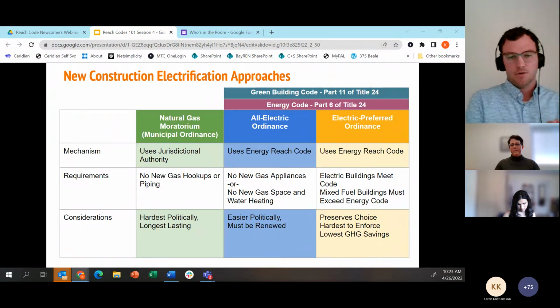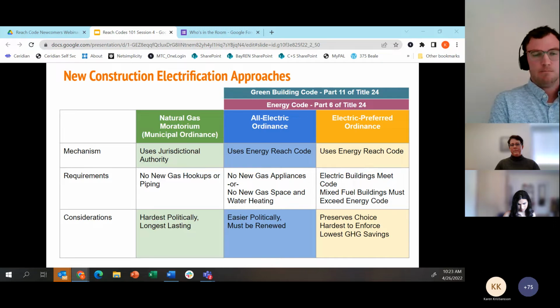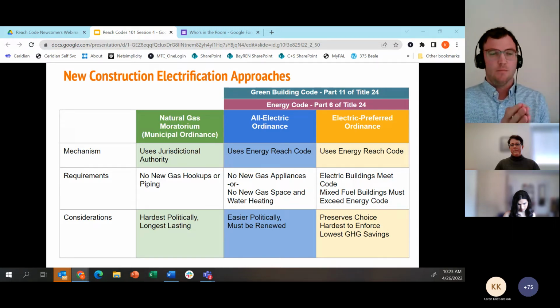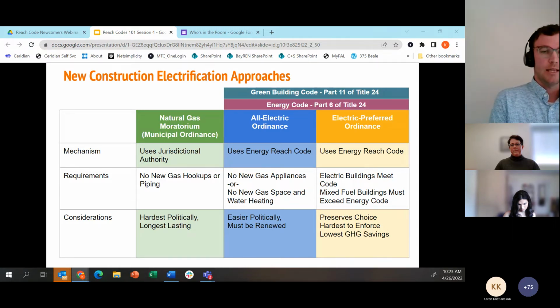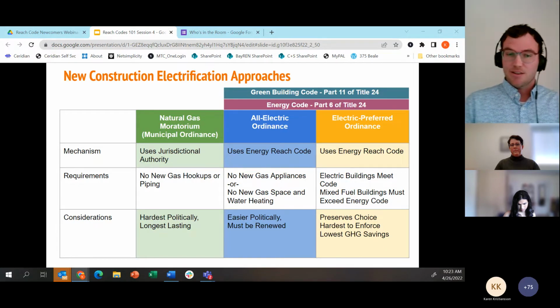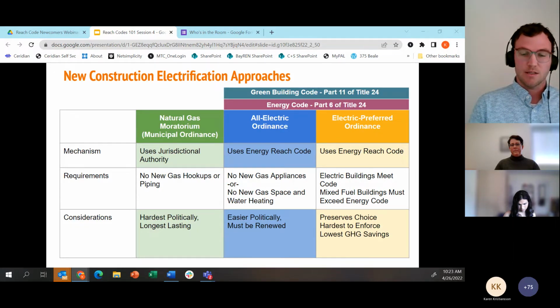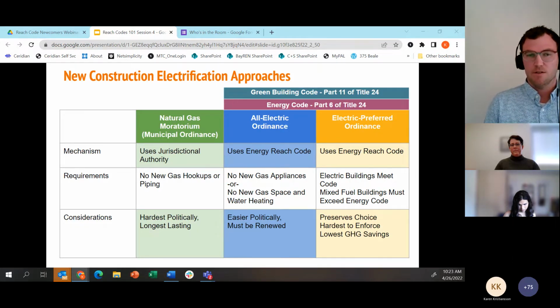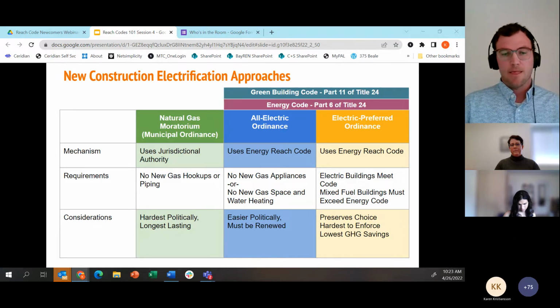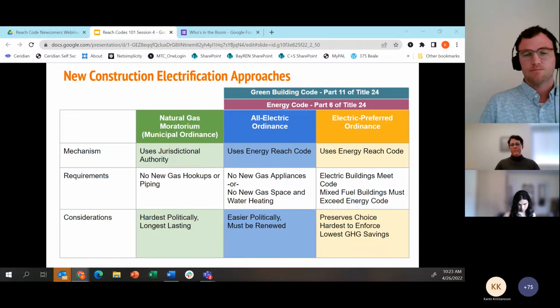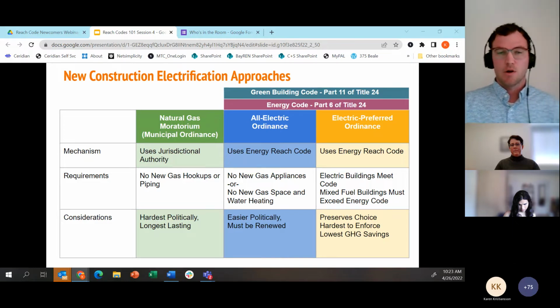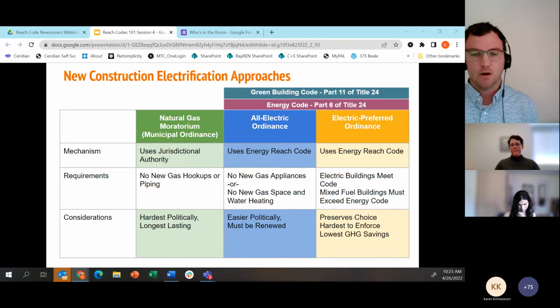That is the natural gas moratorium or municipal ordinance, in the green column there. The blue column, which is an all-electric ordinance that uses either the Energy Code Part 6 or CALGreen Part 11 to require electrification. And then thirdly, there's a route which we referred to as an electric preferred ordinance,